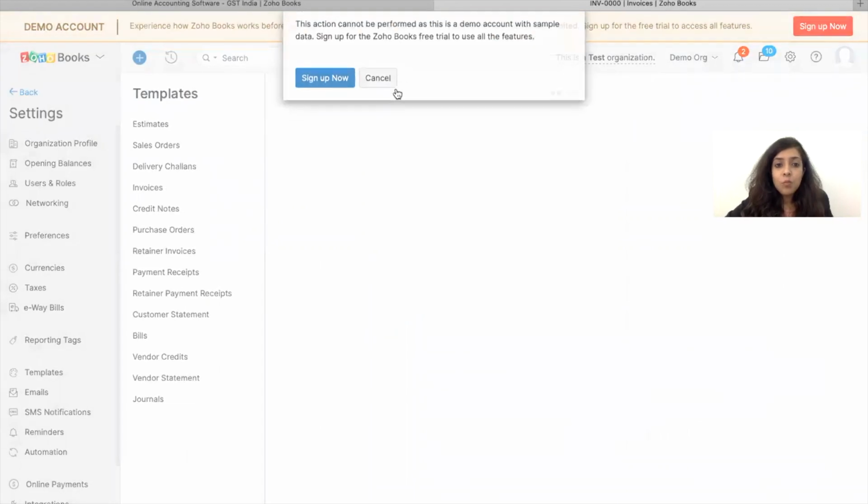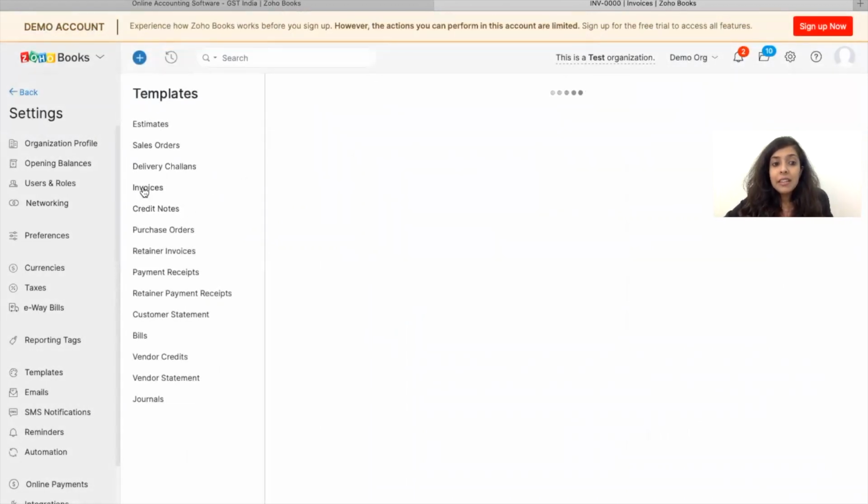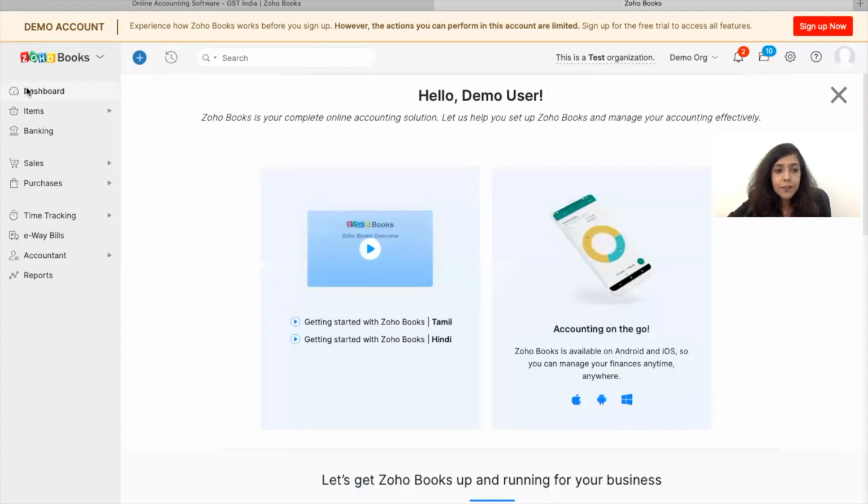You can select an invoice if you want to edit. You can select a credit note that you want to edit. You can add your logo to the invoice, and you can edit the details of the invoice. So say you want to add your bank account details to the invoice, that can be done. If you want a specific format for your sales orders or your purchase orders, even that can be done. So that can be customized to whatever extent that you need.